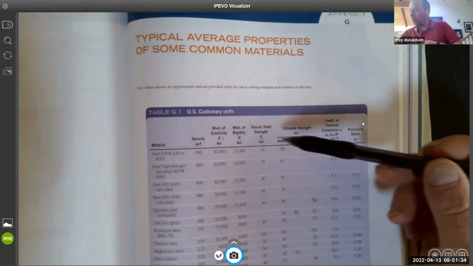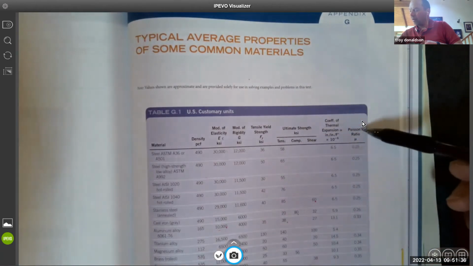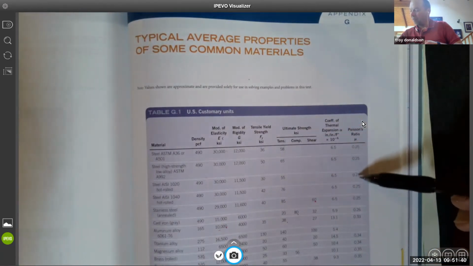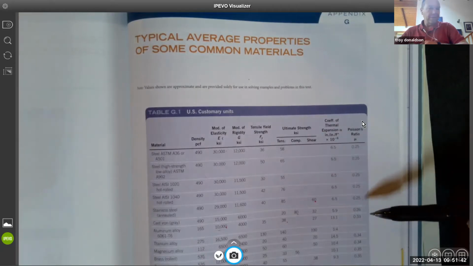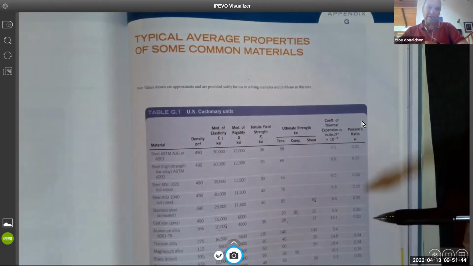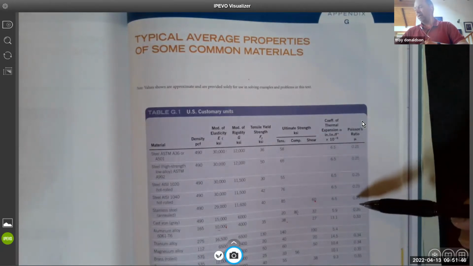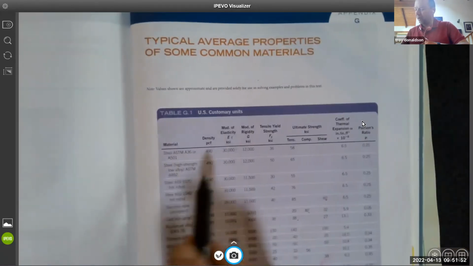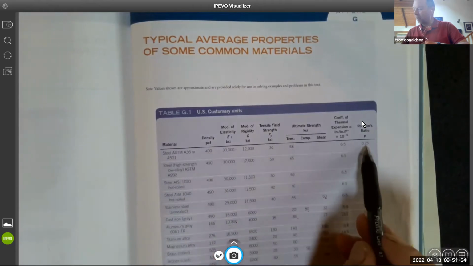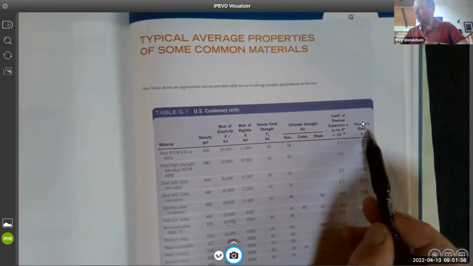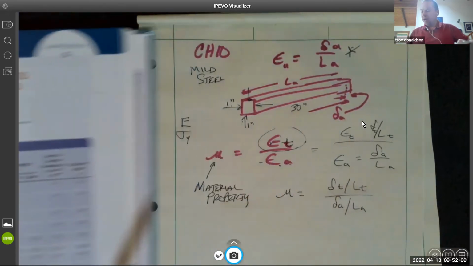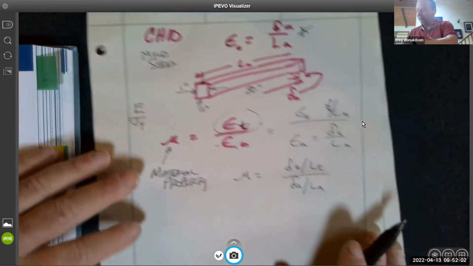And Poisson's ratio, where is it? Way out here. Notice it doesn't change much for different steels. I think maybe this is a little inaccurate table, but they don't change much. So anyway, mild steel, A36 looks like it's a 0.25. Notice it's unitless because it is a ratio, right? All right, so 0.25